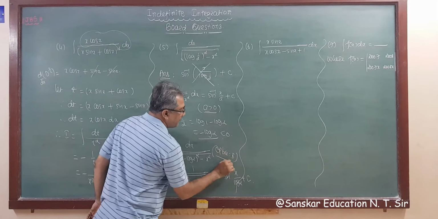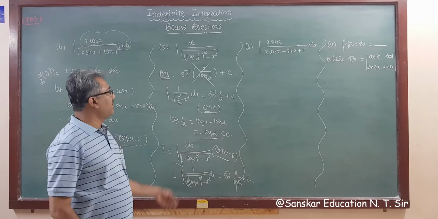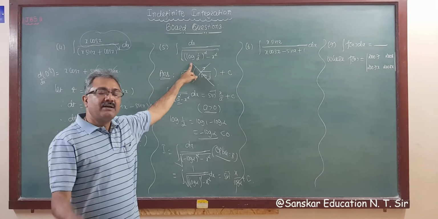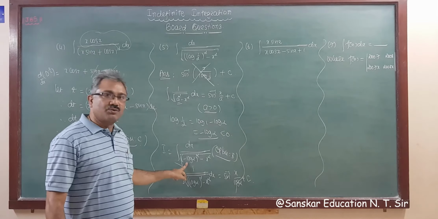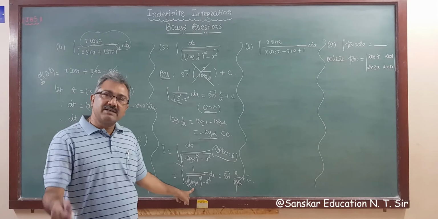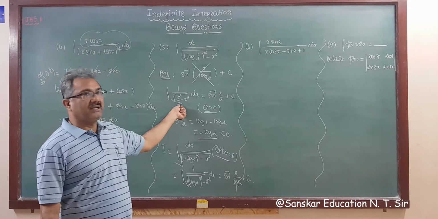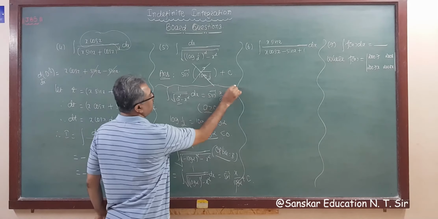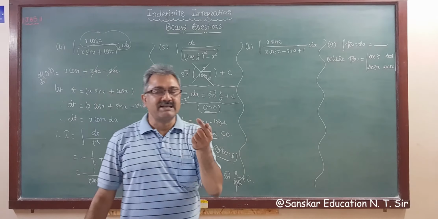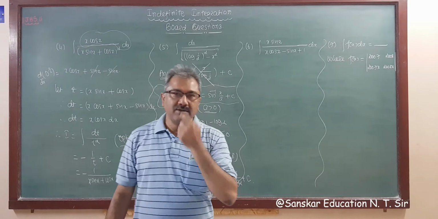So be careful about this question. This is a, but a is less than 0. That's why we have to write log 2 instead of log half. Now log 2 is positive here, right? Therefore you can apply this formula. Otherwise you are not able to apply this formula. So remember this type of small things for calculation, right?